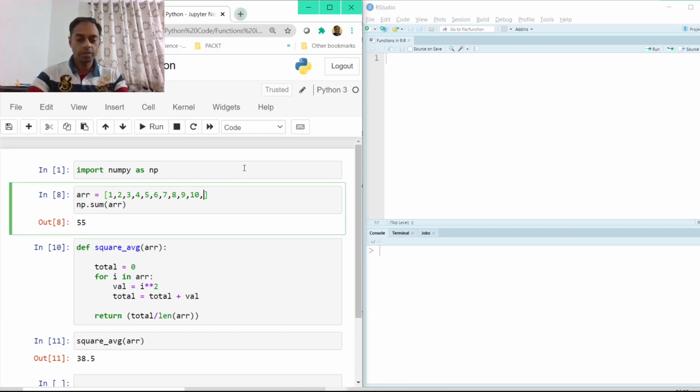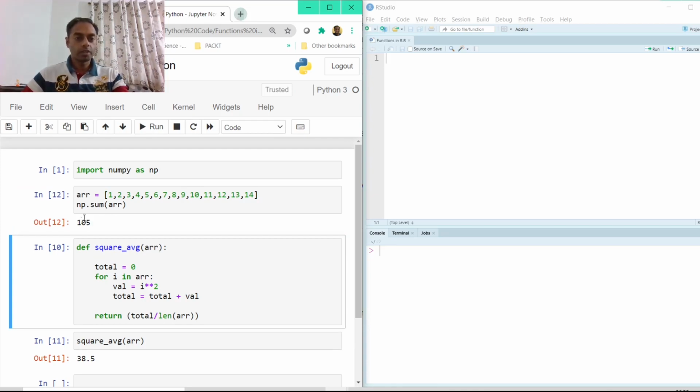Now if I keep changing the numbers here, 11, 12, 13, 14, and if I execute this line, it gives me the sum as 105. Now I don't have to execute this function over and over again. All that I need to do is just execute this line. Once I execute this line, it gives me the new number 72.5. So this is the benefit, or these are the advantages of using a function. If we just call the function which has those lines of code, that is good enough for us to get our output. Similarly, we can do in R as well.